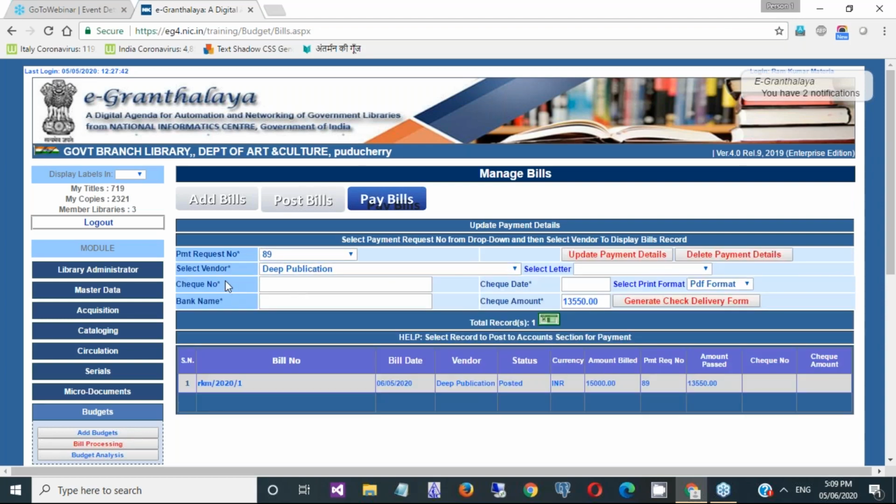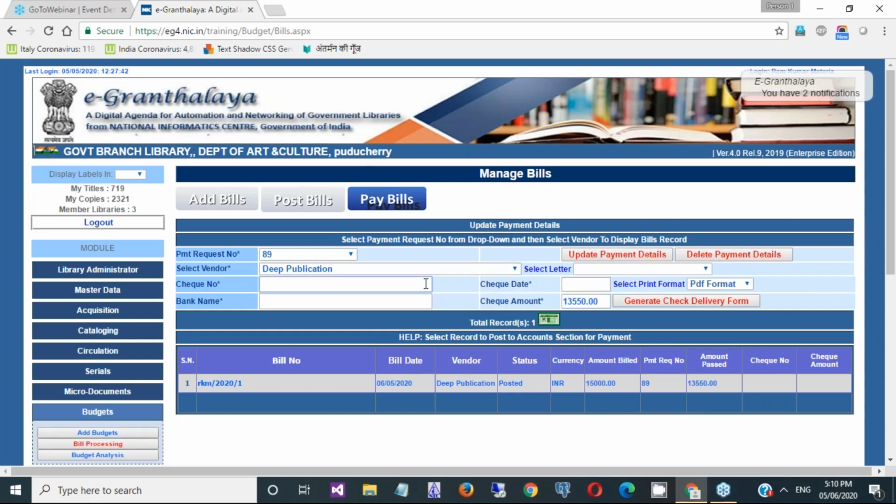Please remember here, in case you have posted 10 bills, those bills may belong to different vendors. 5 bills of one vendor, another 5 bills of another vendor. The system will automatically club the payment of those 5 bills at one place and the other 5 bills separately. So you will receive 2 records here basically. So on this form, when you update the details of the payment, all bills are clubbed based on vendor. Okay, then you need to